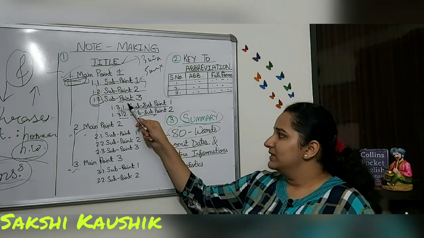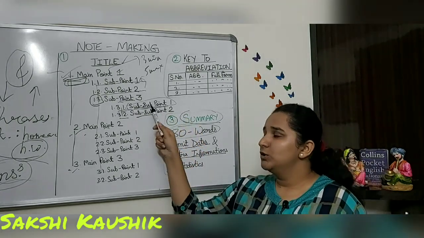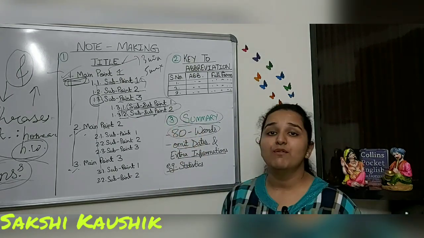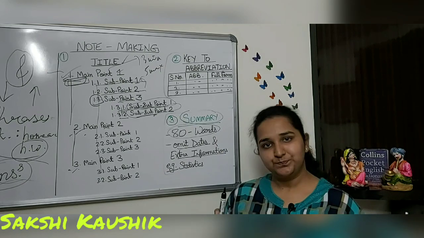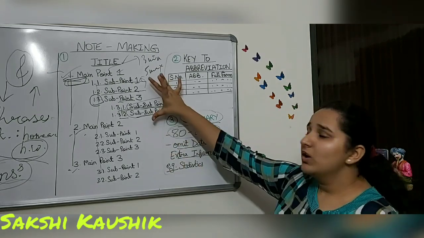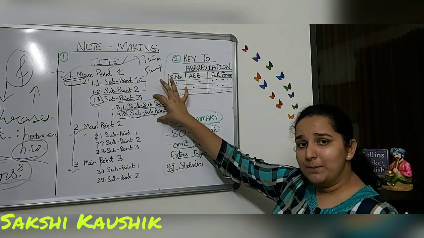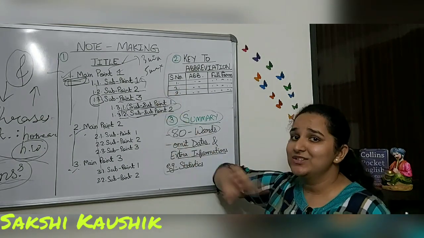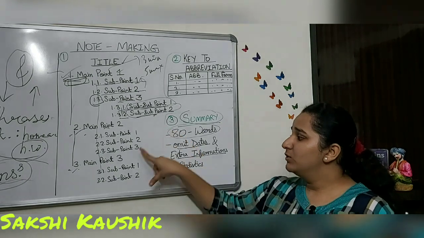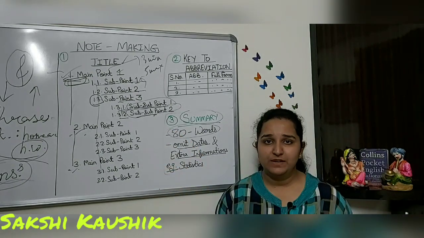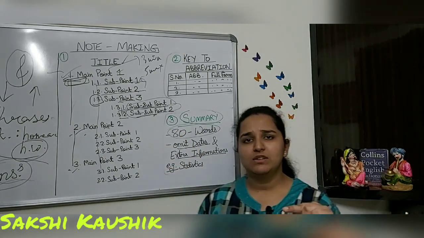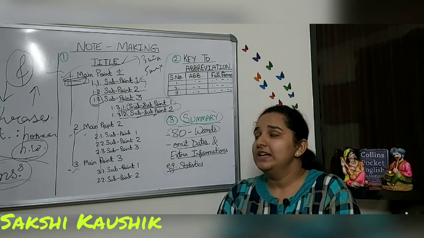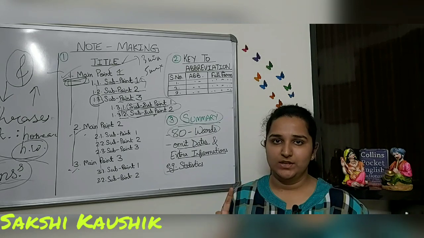Now, the same goes with sub-subpoints. No sub-subpoint can stand alone. It needs a friend in the form of sub-subpoint 2. Done. And there is no compulsion that I have written a sub-subpoint over here and not here. You can use a sub-subpoint anywhere you feel like, when you are giving a particular heading but need more information within this heading only, then you use the sub-subpoint.